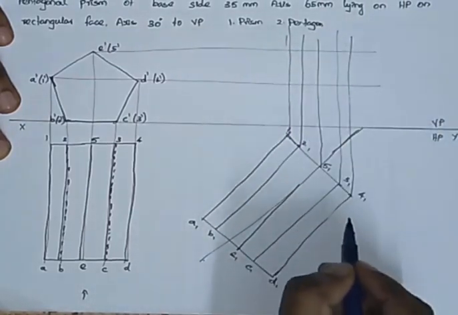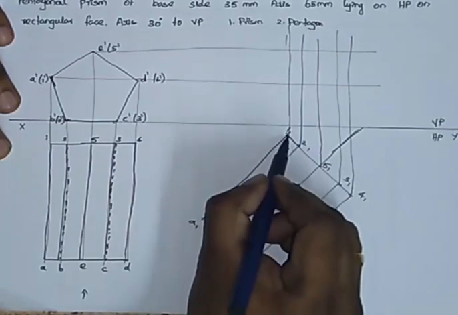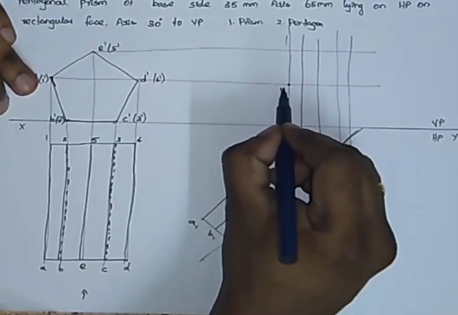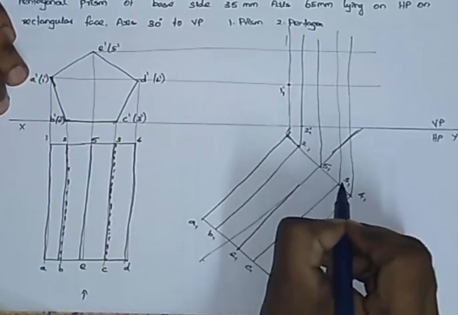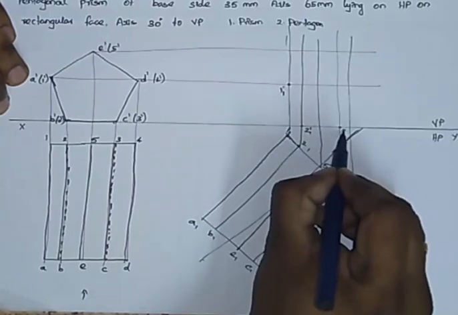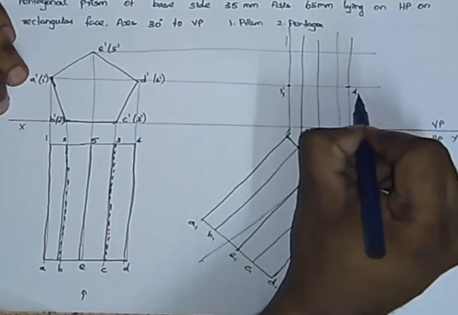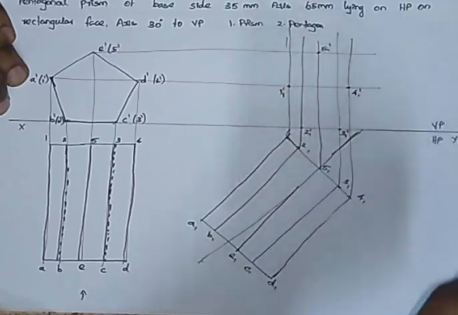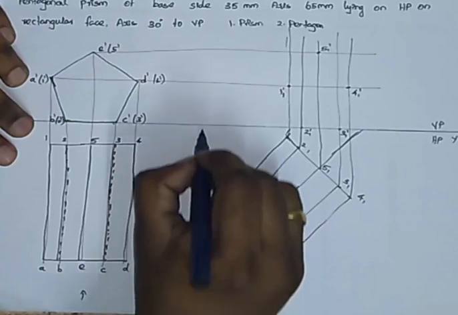Now it's time to make the points 1, 2, 3, 4. This point 1 is here and point 1 is here. So here it will be point 1, 1 dash. Similarly 2 is here, the 2 is here. Here it will be point 2, 1 dash. So point 3, 1 dash will come here. Point 4 will be here, point 4, 1 dash. Point 5 will be here, 5, 1 dash. Right? Next thing, you have to project all these points vertically.